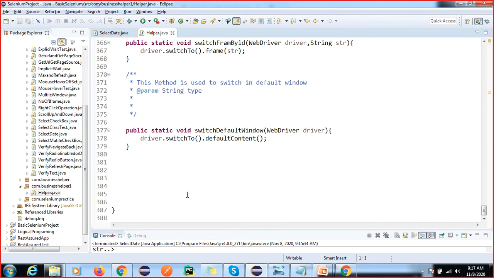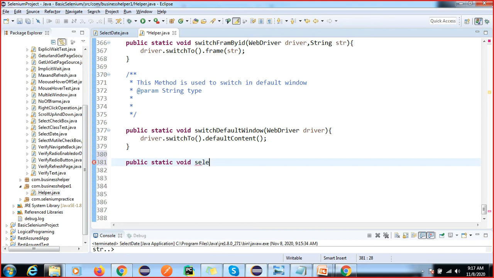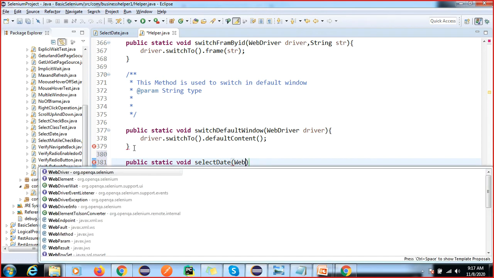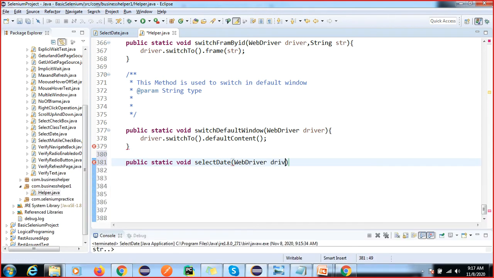So here we can create one method called public static void select date. First I am going to take a local WebDriver, then I'm going to take one string, str1.